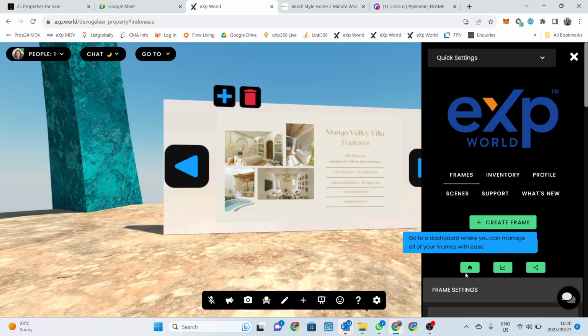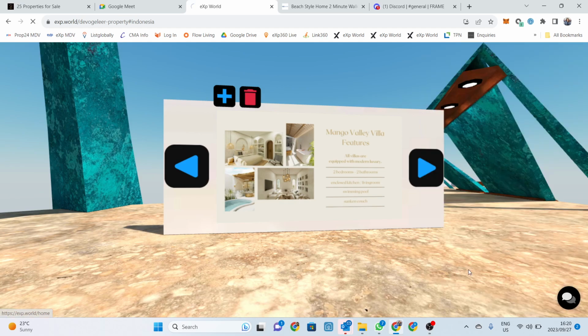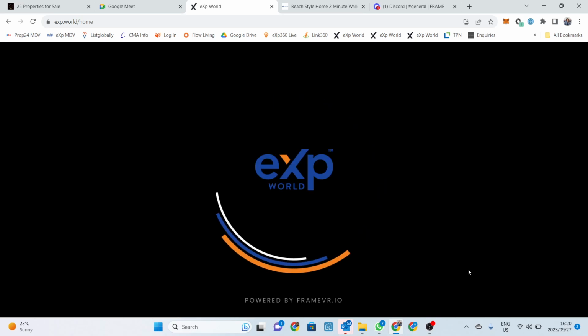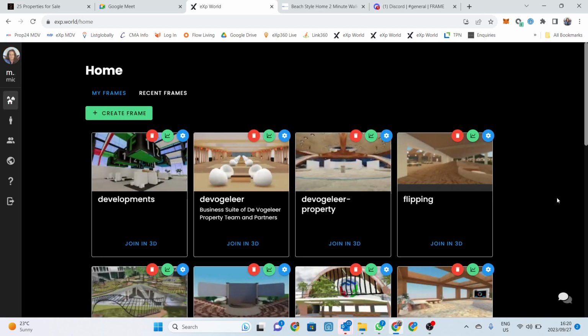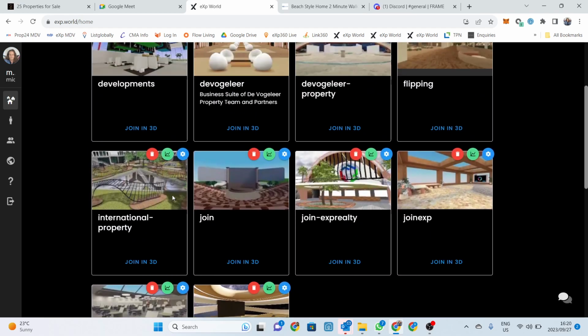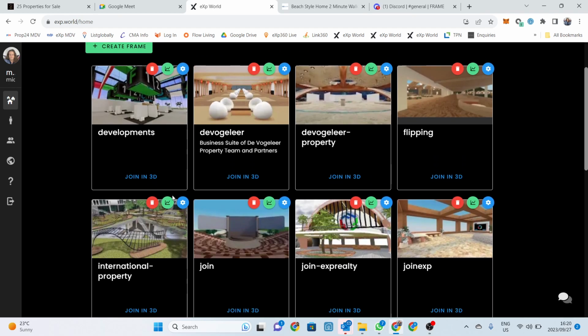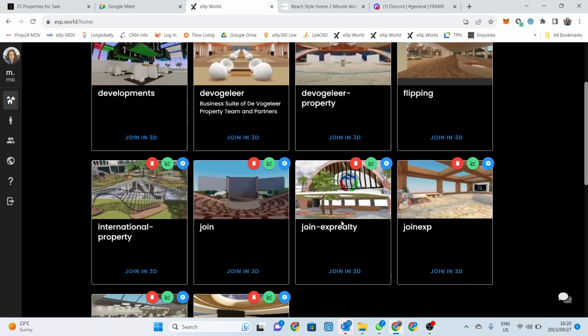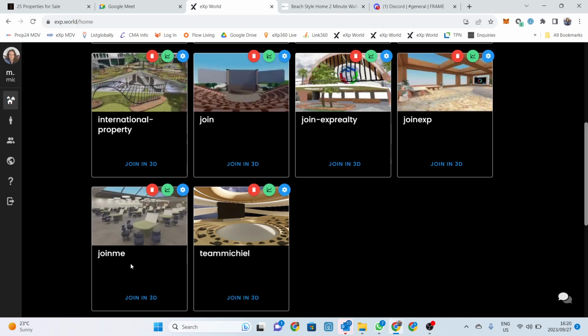And we'll go here. This is my homepage, which actually connects me to all my different metaverses that I have. So you have seen that I have three and that I have a fourth one just linked, but actually I have a lot more because I did quite a bit of training. So I did claim already a couple of different URLs like join eXp Realty that I just created,